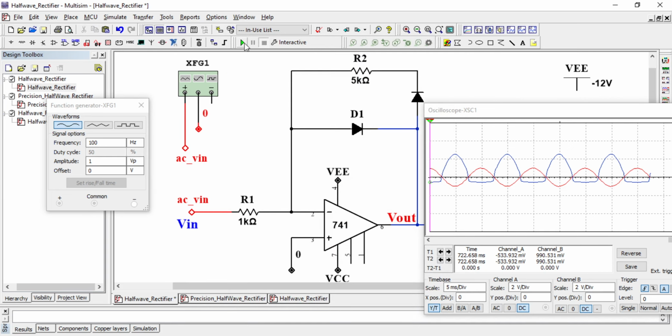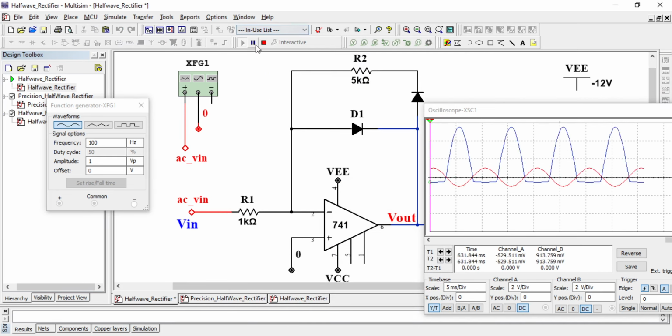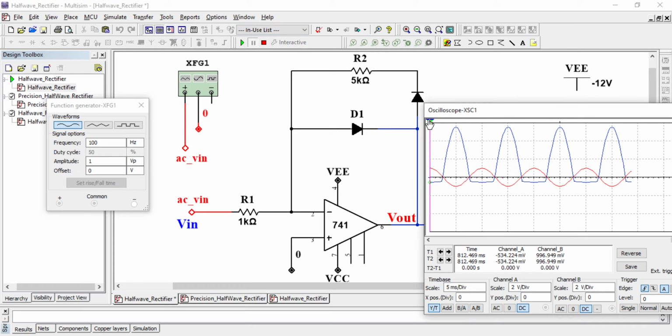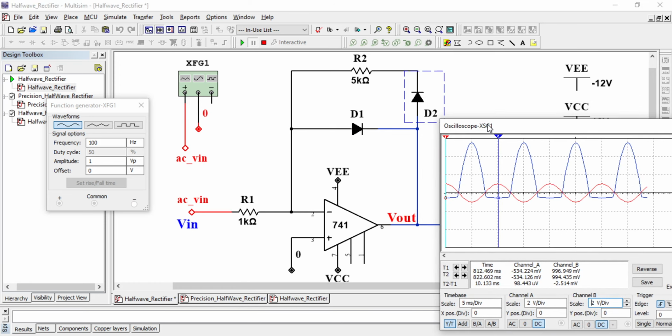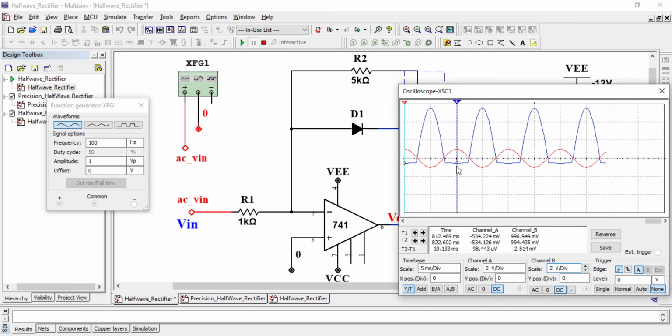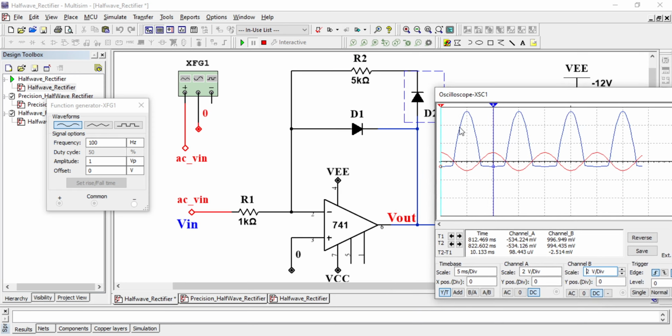So the gain is 5 times. You can see the output has been amplified. Now, what is the disadvantage of this circuit? You can see here we still are getting somewhere around 534 millivolt when the output is going negative. So this 0.5 volt is due to the threshold voltage of the diodes D1 and D2. So this is the disadvantage, that with this circuit we cannot achieve output less than the breakdown voltage of the